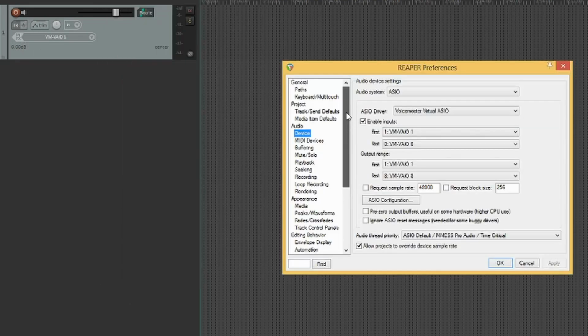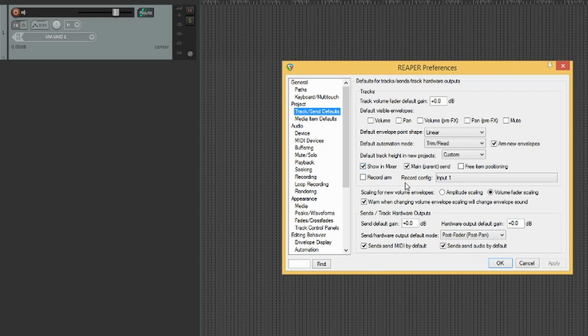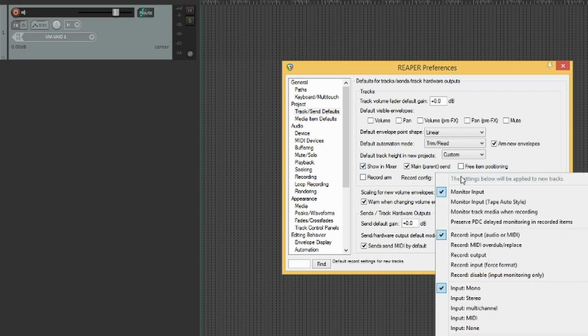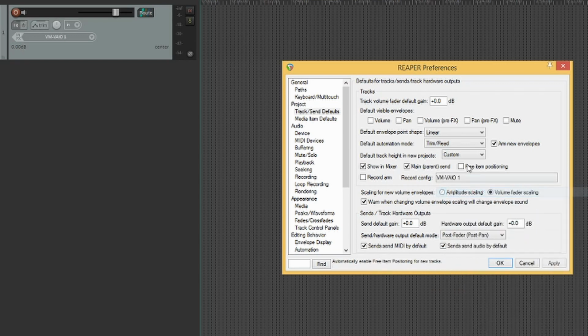So what we need to do to turn this off globally, we need to go into the preferences, and this is very well hidden in the track send defaults. Right in the middle there, we have record config. We have to click on that one, and here we get it. Turn off monitor inputs,